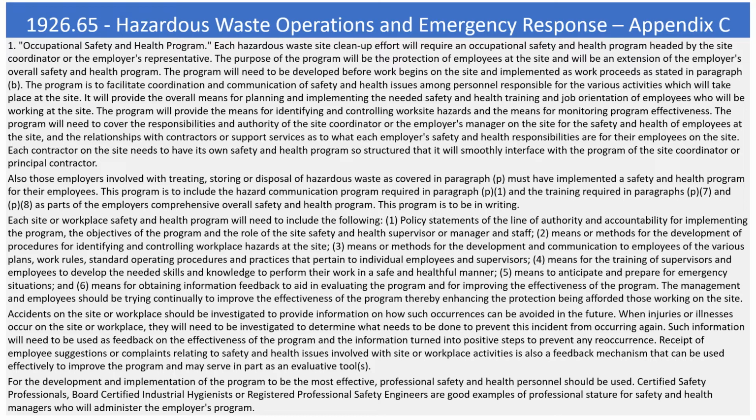Each site or workplace safety and health program will need to include the following: policy statements of the line of authority and accountability for implementing the program, the objectives of the program and the role of the site safety and health supervisor or manager and staff, means or methods for the development of procedures for identifying and controlling workplace hazards at the site, means or methods for the development and communication to employees of the various plans, work rules, standard operating procedures and practices that pertain to individual employees and supervisors, means for the training of supervisors and employees to develop the needed skills and knowledge to perform their work in a safe and healthful manner,